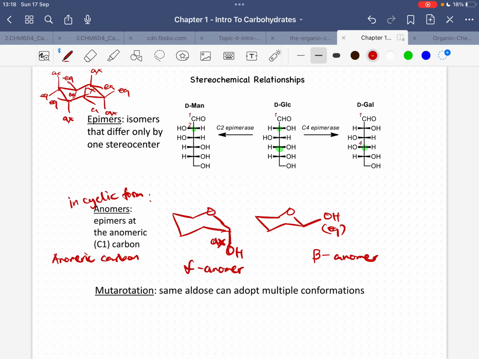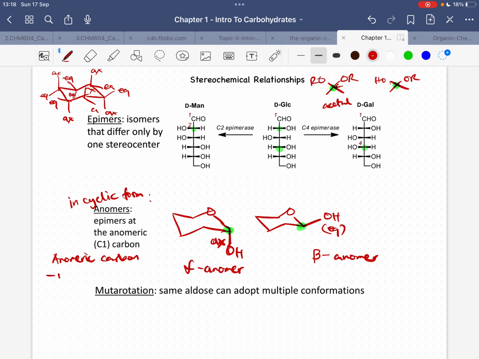This is the acetal and this is the hemiacetal. This is an anomeric carbon, a chiral carbon. So in this structure, the anomeric carbon is the one indicated in green. And to identify the anomeric carbon, it is the one that has two oxygens attached to it. That is why it is the anomeric carbon. It is the only carbon that has two oxygens.